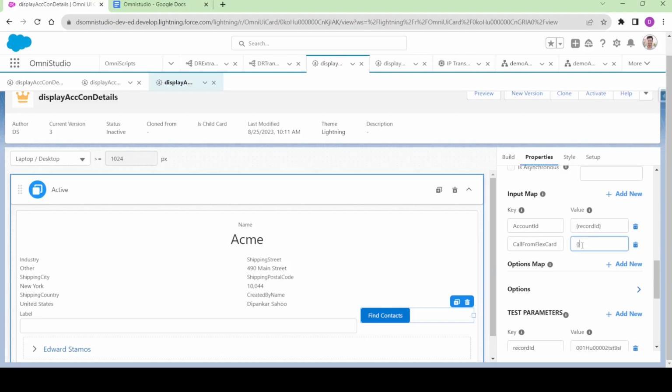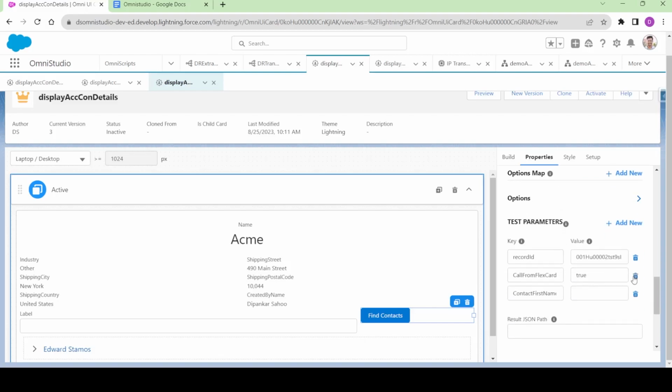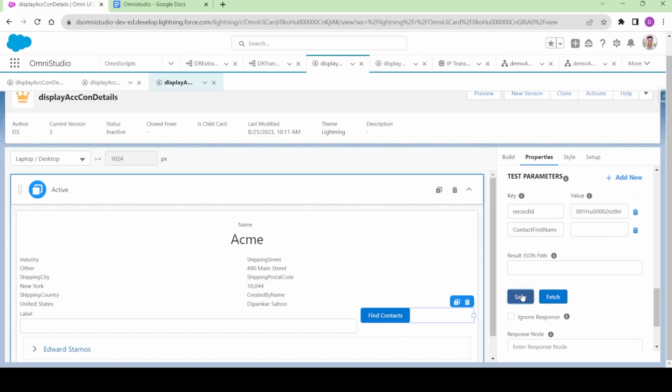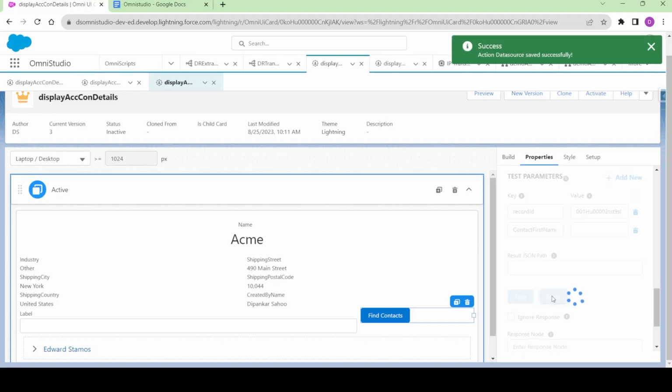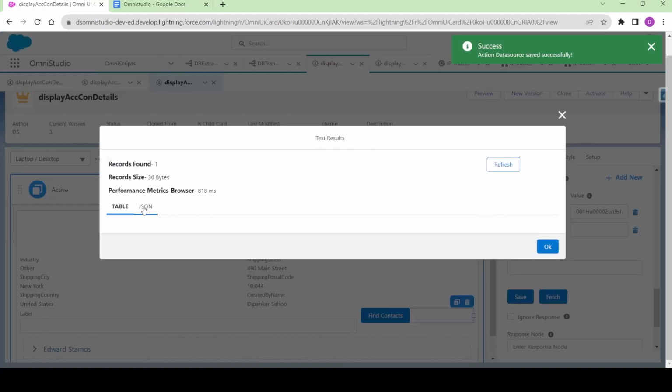Now I'll paste it over here. So basically it changes every time because I'm not clicking on save. So if you face similar situations, make sure you are clicking on save. So I'm clicking on first name and I am passing the value as contact first name, and I am removing this. And if I click on save and I click on fetch, right, if I come to the JSON tab,